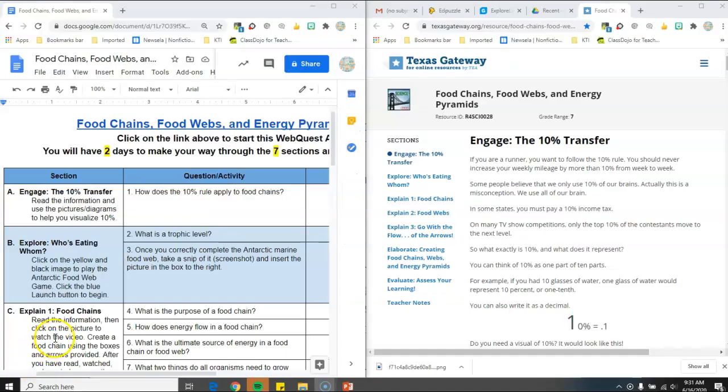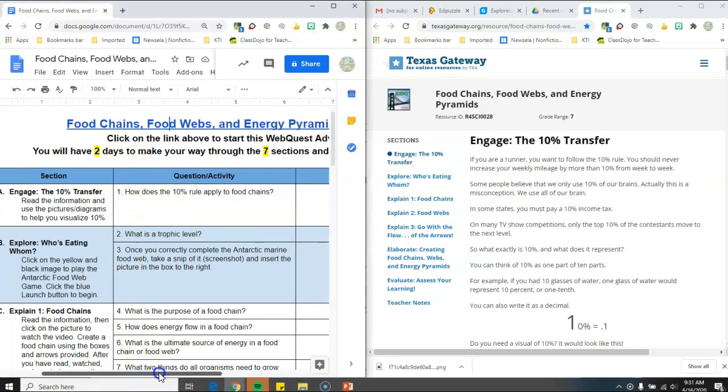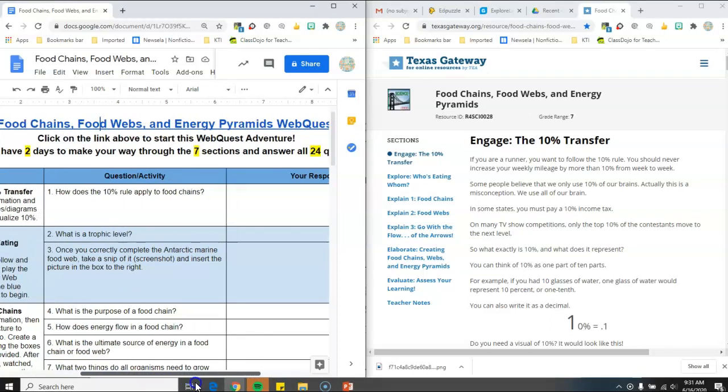Okay, so again, I'm using a split screen here so that you can see the web page and the web quest over here on the right, and then you have your Google Doc open here on the left. So this is what the Google Doc looks like. So the link up at the top is your link to the web quest. So when you click on there,